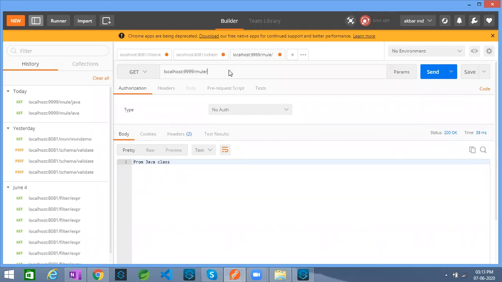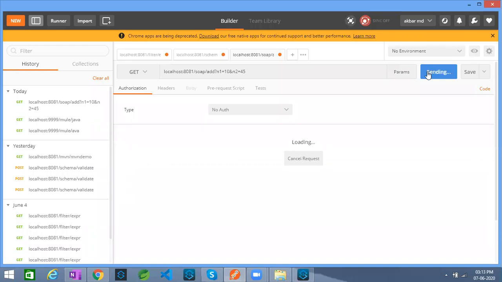So now I'm going to send HTTP GET request 8081/soap/add. I'm going to send two query parameters, n1 is 10, and n2 is equal to 45. Try to send the request.